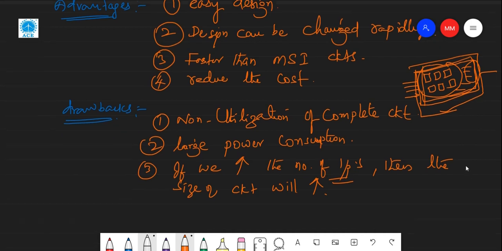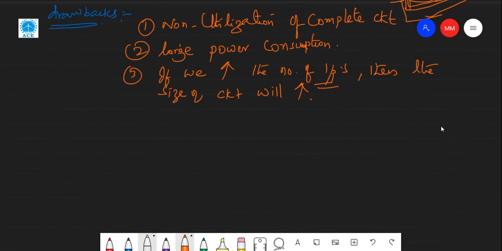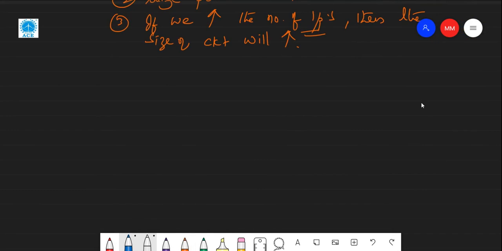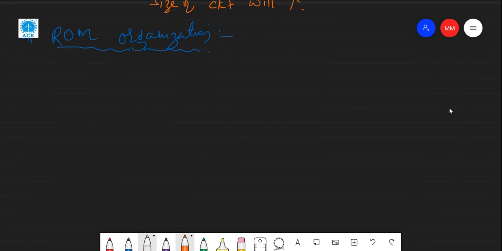Then let us see ROM functionality or organization, I can say. Simply, read only memory organization. Okay, how generally it is organized, right? Now let us see the ROM. This is a basic ROM and consists of